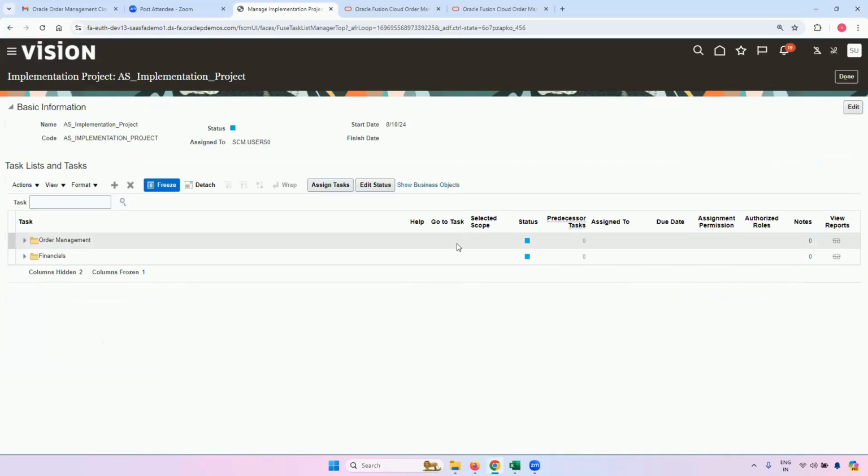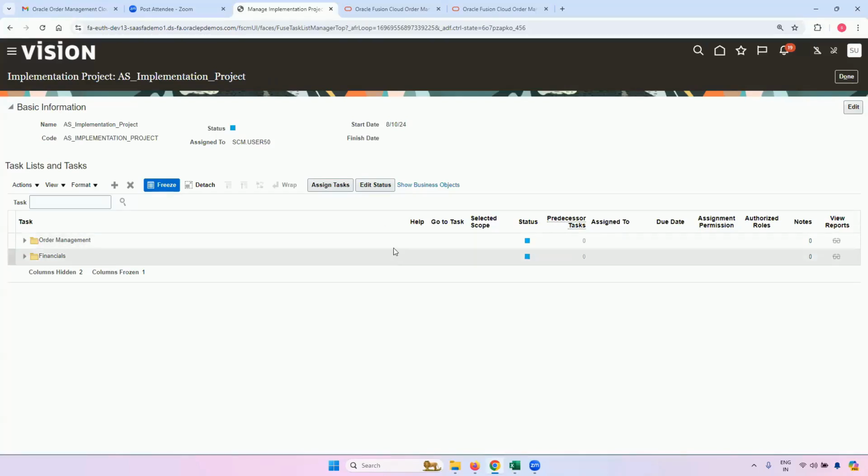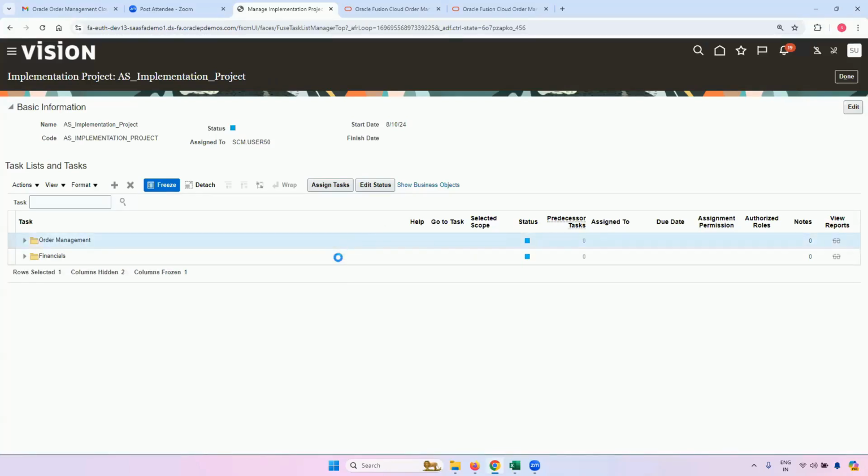Good. In that case, can you also mention wherever it is mandatory to do it? For example, is this compulsory to start the setups, or is it just one of the ways, or the best way, to do it? This is just one of the ways. As I mentioned, many companies do not create an implementation project. They just go to the setup and maintenance screen and start configuring from there. Like what we do in EBS. Exactly. Okay, so let me move forward.